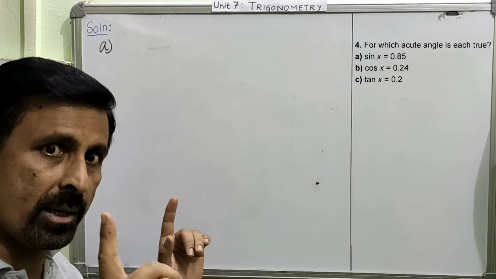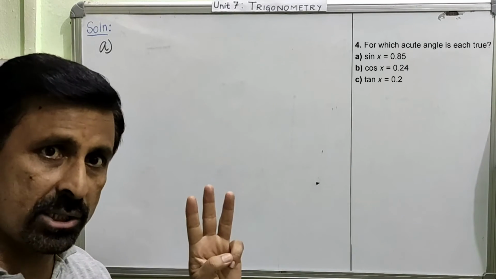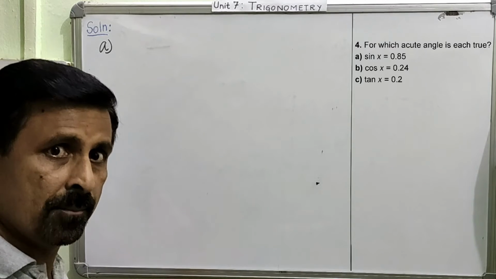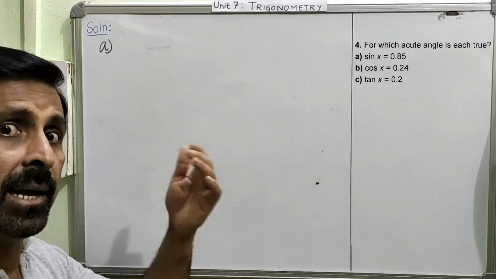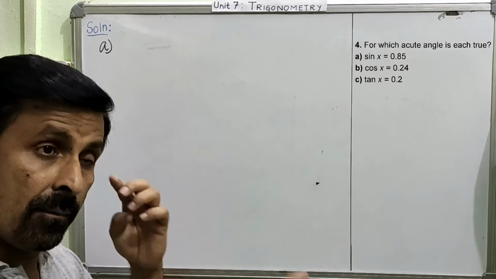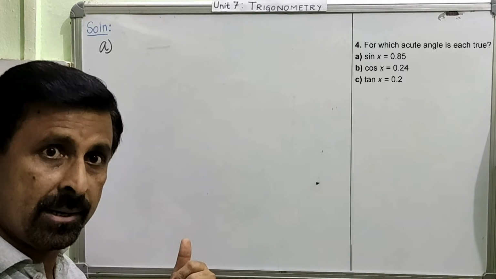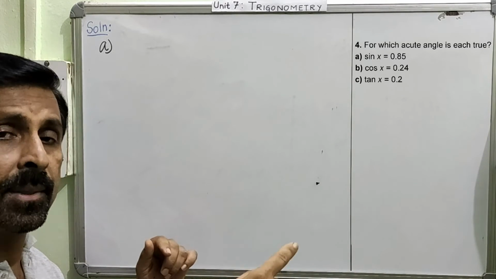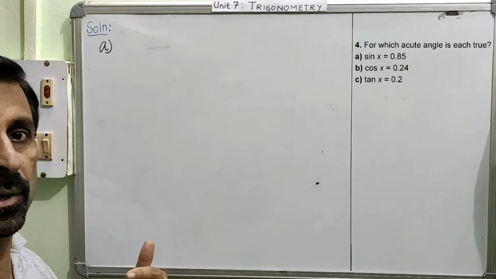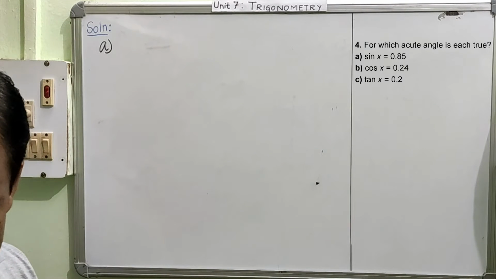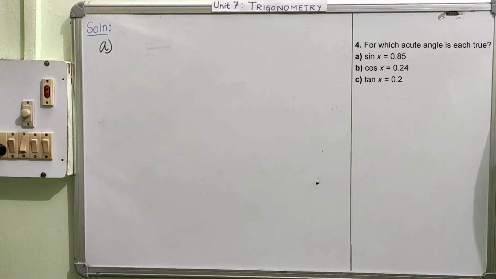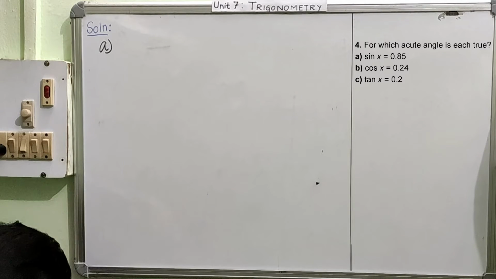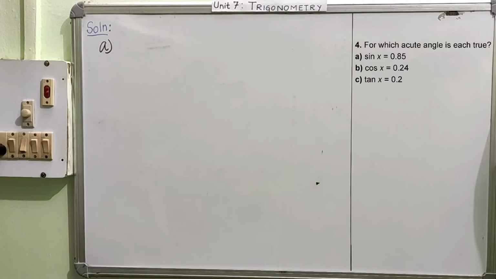Are you getting me? Once again I repeat. Previous question number 3 you calculated the value. Now in question number 4 you have to calculate the angle. So value you calculated when the angle was given. Now this time the value is given. So calculate the angle. Very simple task. Here also you have nothing to do, right? You can get the answer just by using the calculator. So the question is, what will be your part?